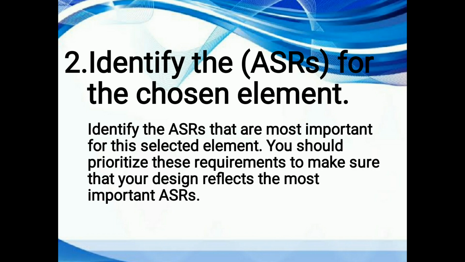If the chosen element for design in step 1 is the whole system, then a utility tree can be a good source for the ASRs. Otherwise, construct a utility tree specifically focused on the chosen element using the quality attribute requirements that apply to this element, which will be further discussed in step 4. Those labeled in the utility tree as well will almost certainly also be ASRs for this element.